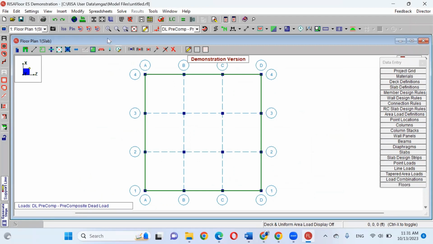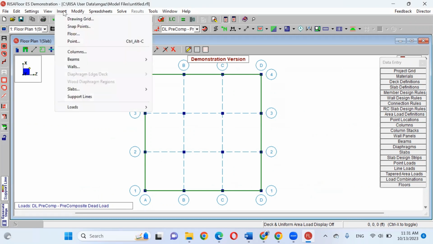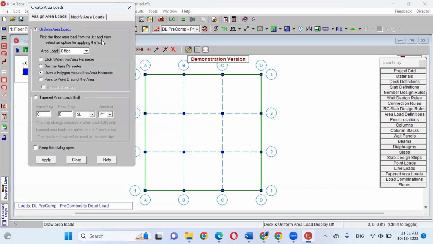You can find it here, but I do recommend inserting loads, area load definition. If you would like, we can start with area load directly. If you go to area load, RISA has default definitions. If your building is office, go ahead and select office. Storage, select storage. Public building, use public building. If this slab is a roof, use roof. RISA will automatically define how much load.